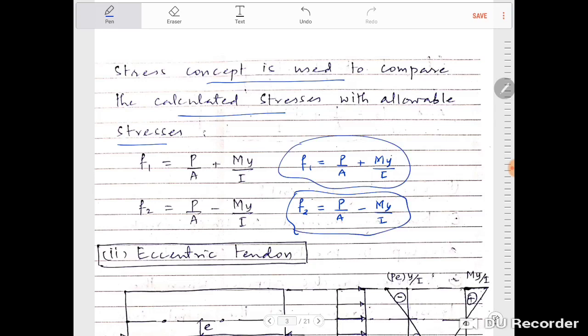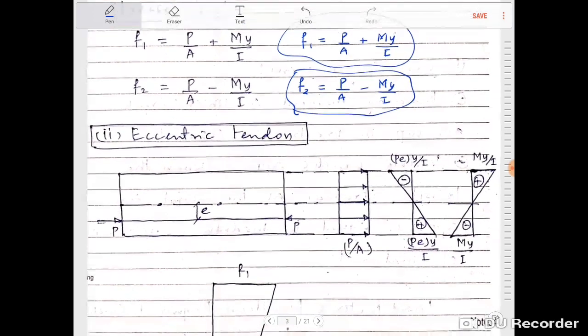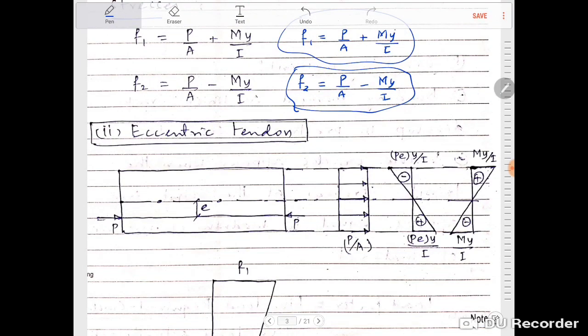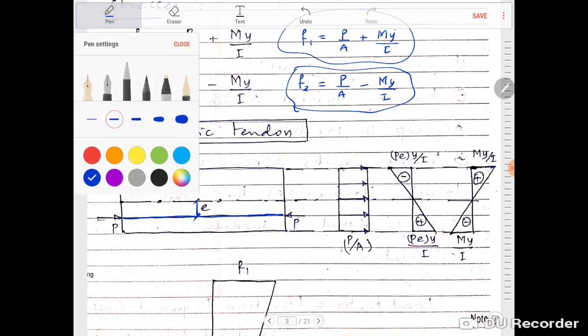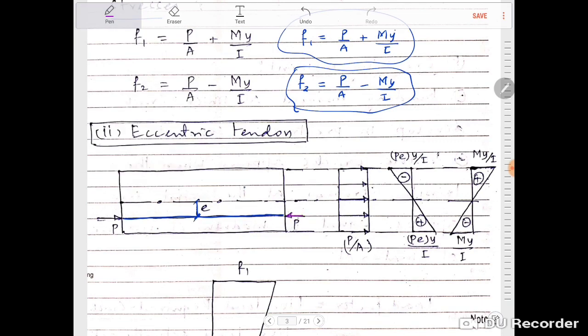Okay, now next is what happens if you go for an eccentric tendon. So when you go for an eccentric tendon, you'll have different things. In an eccentric tendon, you have some eccentricity, and you have a cable on which you're going to apply your pre-stressing forces, correct? Now, as the pre-stressing forces will be directed towards inside, we can write